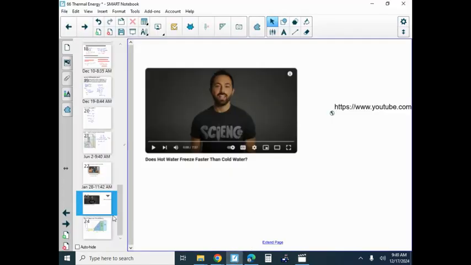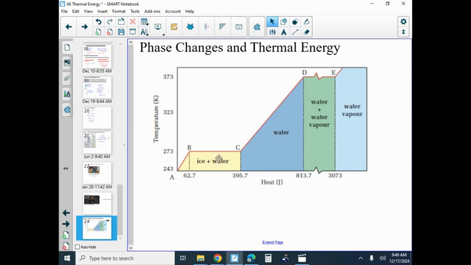So there you go. What this is showing is the thermal energy to transfer or change phase from being ice to being water. So you're adding energy, right? And it stays that same temperature for a while. So let's go in reverse. Let's have water, and say it's 50 degrees or something, and you put it in the freezer, and you keep coming back and checking. So it's going to be 50 degrees, and then it's going to go all the way down to like 0. Well, then it's going to stay 0 for quite a while before it becomes ice,